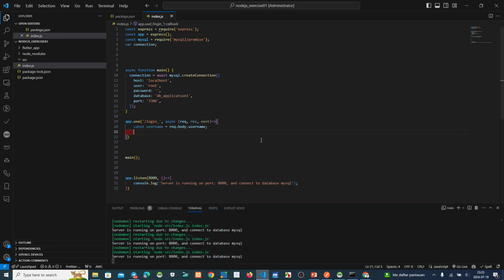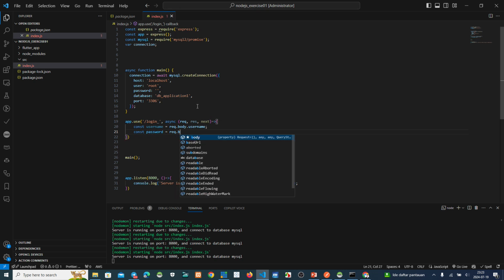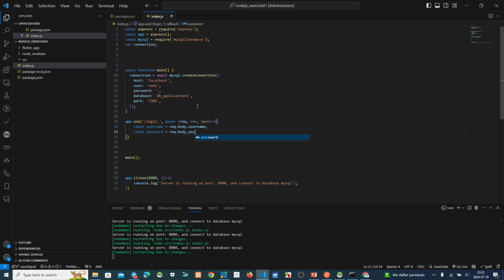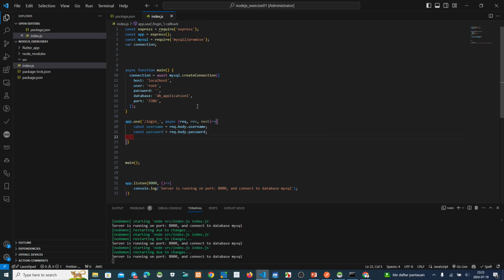So in Node.js, I make a declaration using the username, and the second one is the password, both from the request body. After that, if we send, we want to see it on the debug console here.